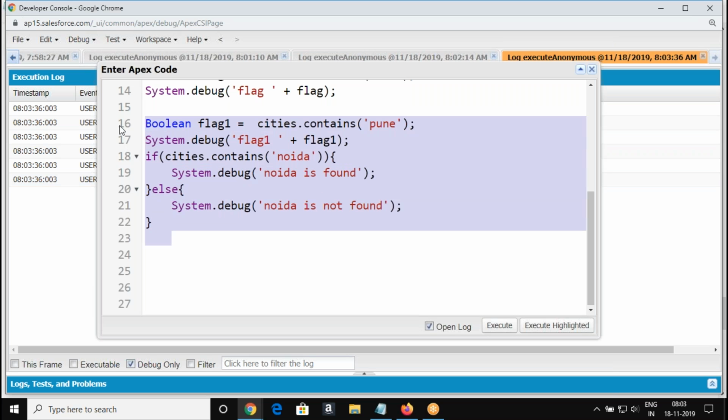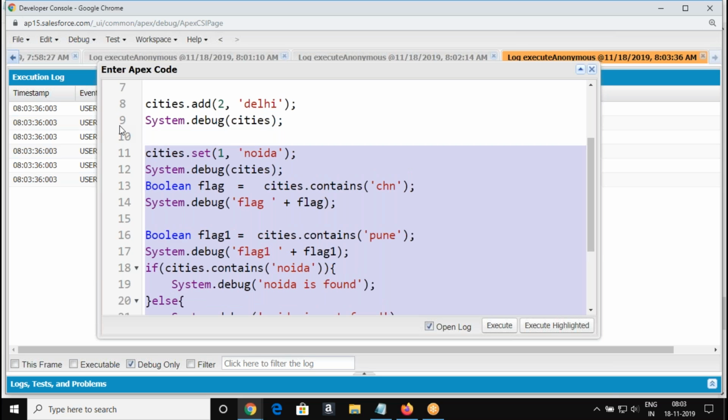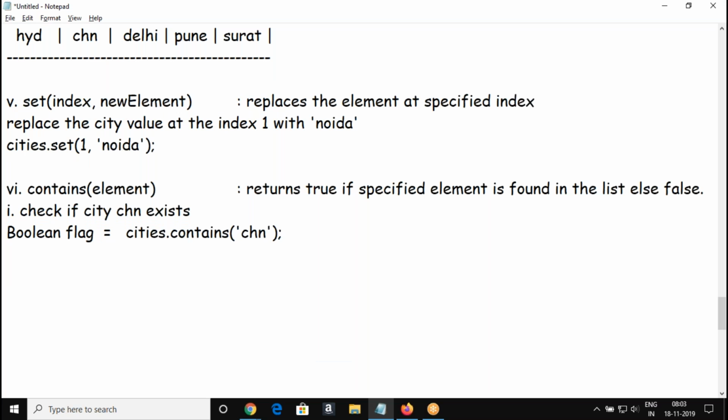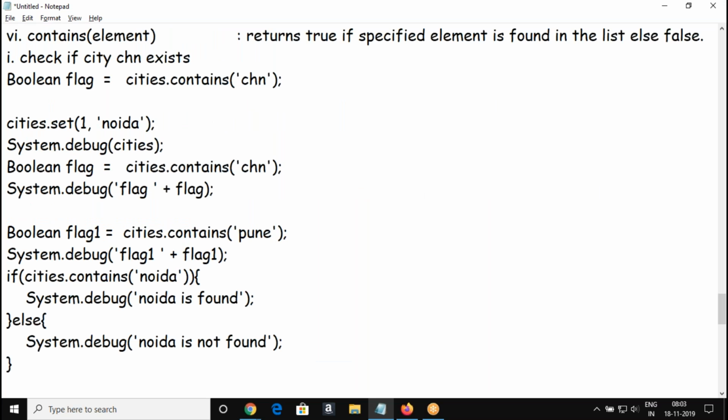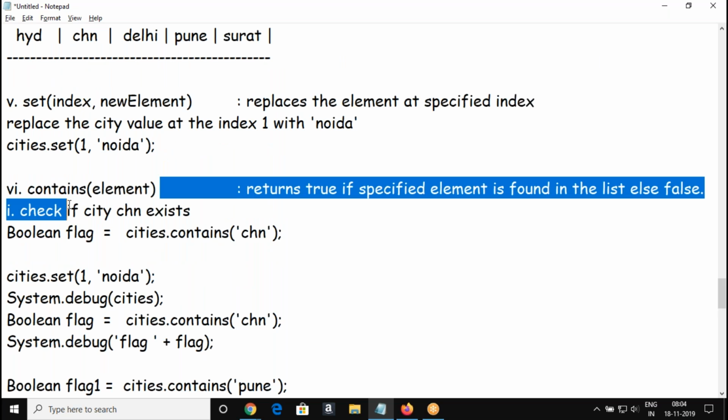We got this. So you can refer to these examples to understand the contains function.